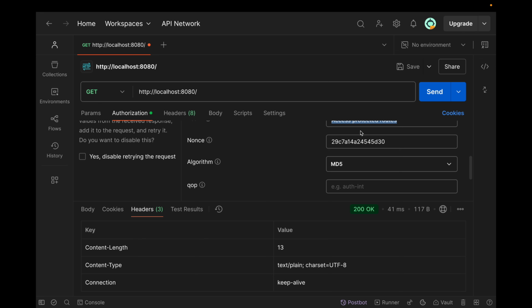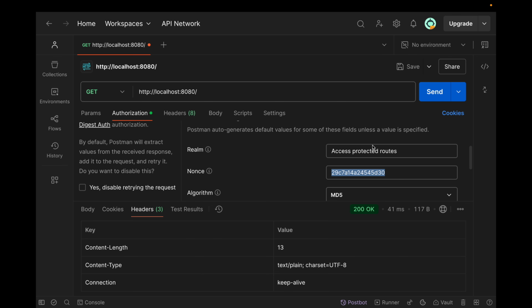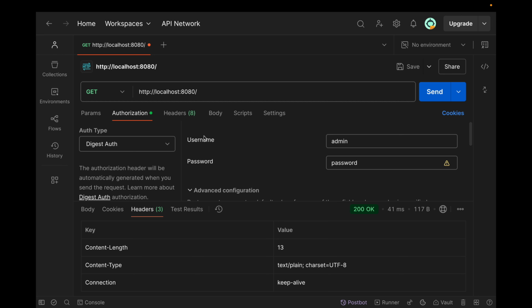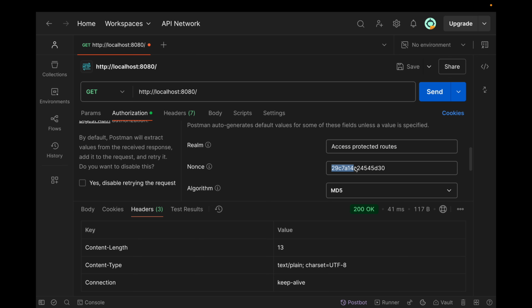Now following every request we can make use of this nonce until the server again sends the www authenticate header. So if it sends the header, it should indicate that now we need to update this nonce value and make the request again. So this is the overall flow. First we make the request without any value.